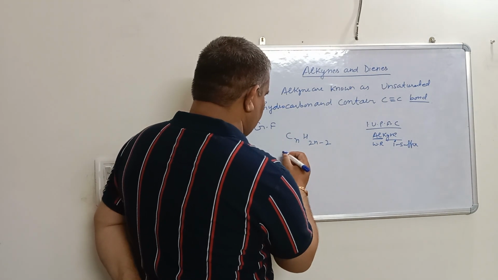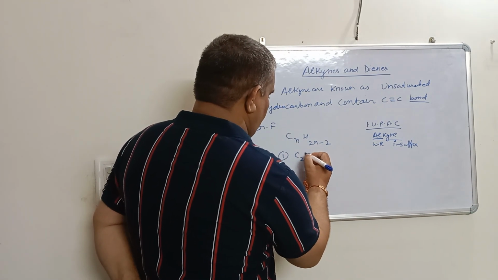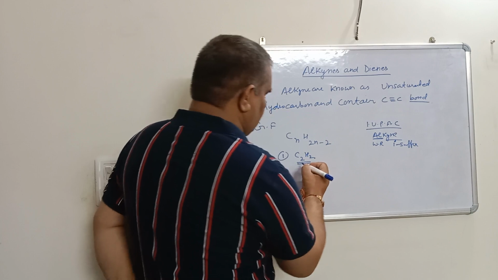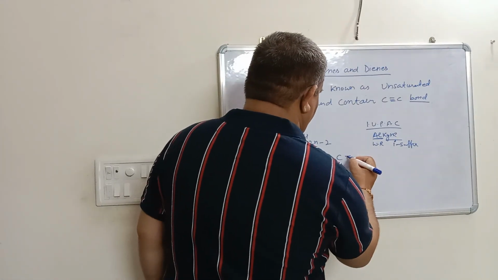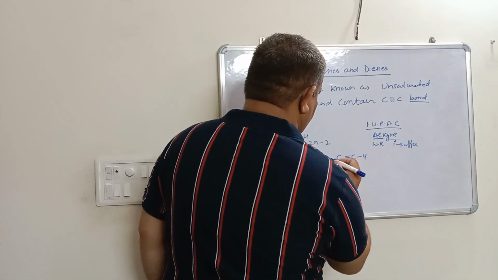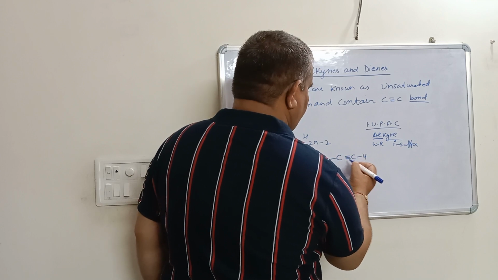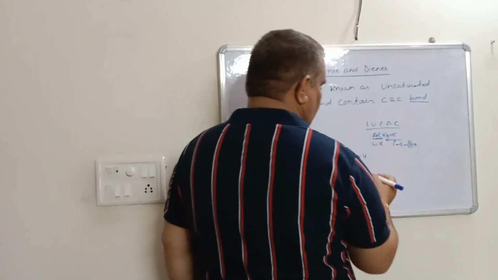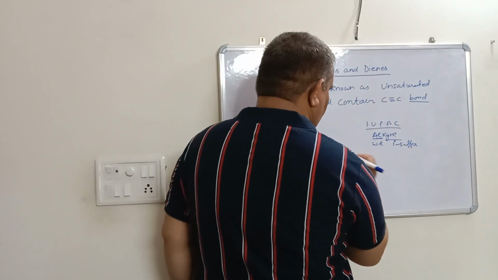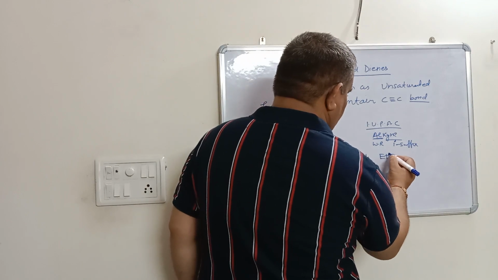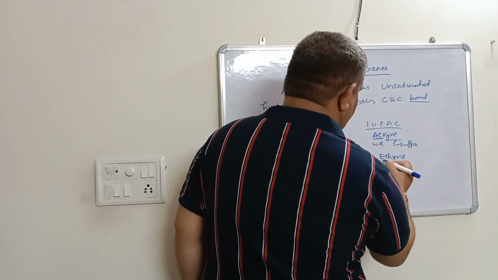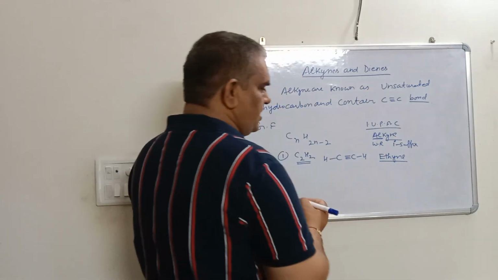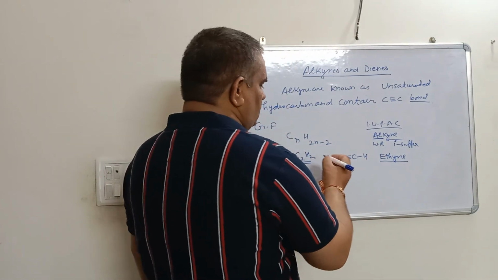The first member is C2H2, and the carbon के बीच में triple bond आ जाएगा, and the valence is satisfied. And according to this IUPAC name, the word root is eth, and Yne. IUPAC name is ethyne. एंड कॉमन सिस्टम के लिए कोई रूल नहीं होता, तो इसका जो कॉमन नेम होता है,